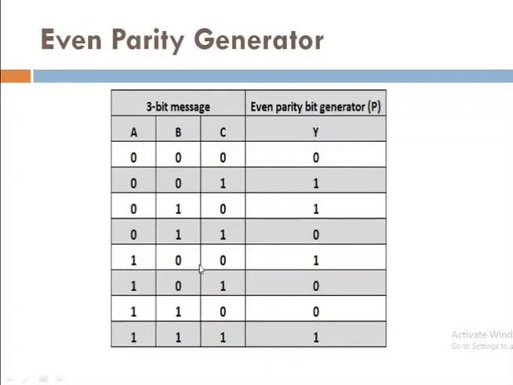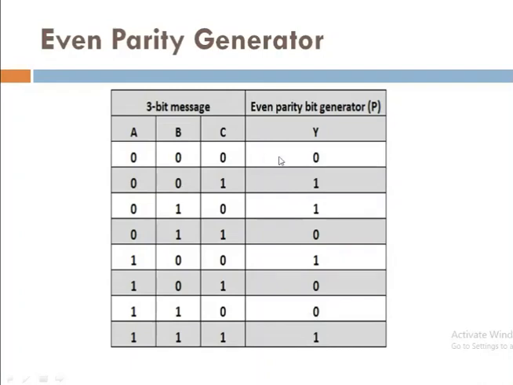Now in this case, an odd-even combination, the output is 1. In this case, an even combination, the output will be a 0. In this case, an even combination, so the output will be a 0. Now in this last case the number of ones is 3, and 3 is an odd figure. So it is an odd-even combination, that's why the output bit is a 1. In this way you have to complete your truth table.